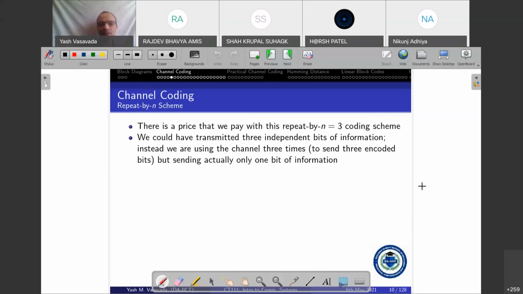More technically, we are making use of the channel 3 times, but actually sending only 1 bit of information. We send 3 encoded bits, either 111 or 000, but actually those other 2 bits are repetitive. They are redundant. So I should say that the other 2 bits